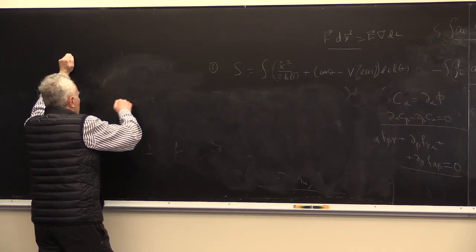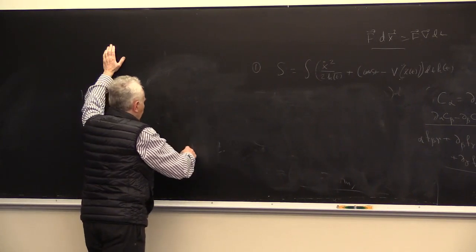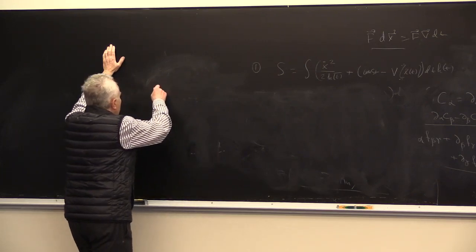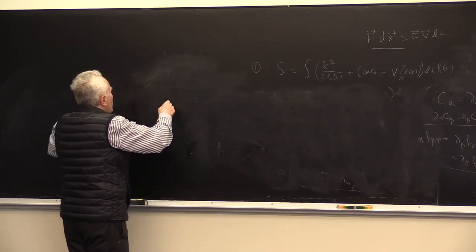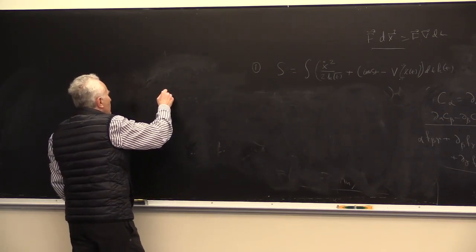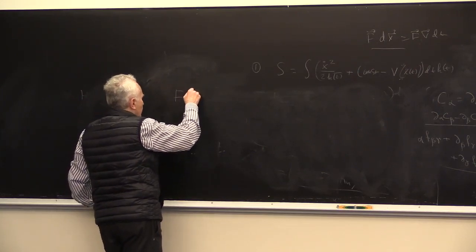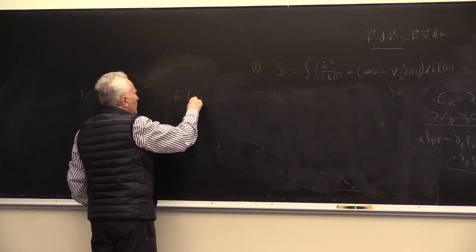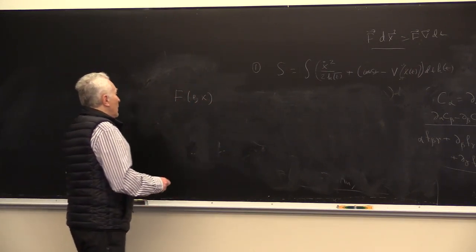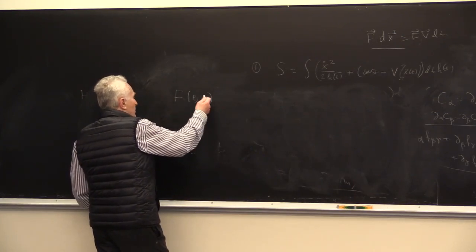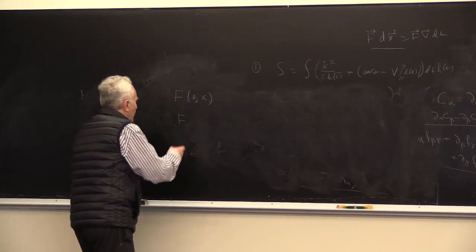Suppose you have some arbitrary function on the phase space, and let's begin with the usual P, X type of phase space. It depends on time, because P and X depend on time. And F dot